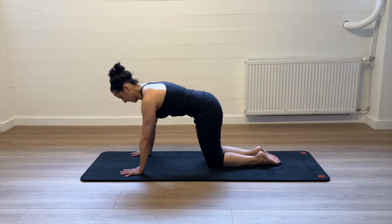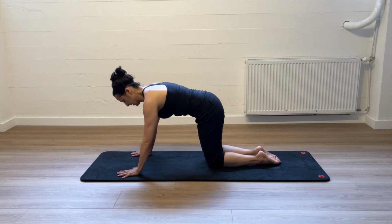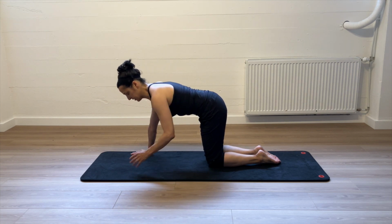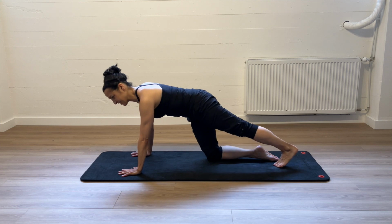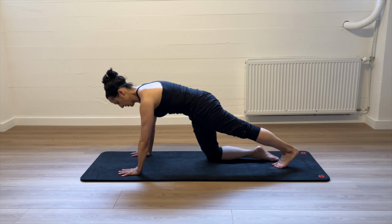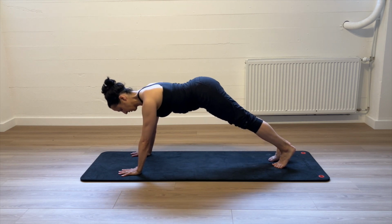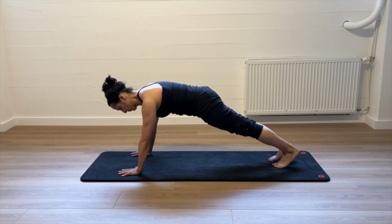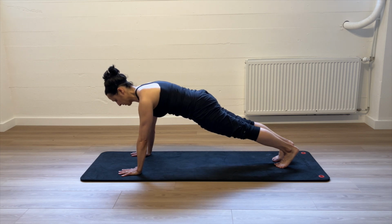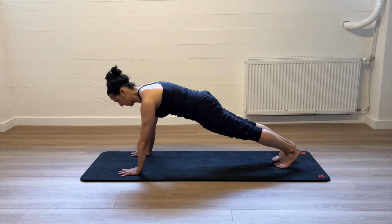So we're going to press up, try and shorten the space between the pubic bone and the rib cage, so the back will not be cat back, but just a little tense, or quite a bit tense. I find I always think a little tense, but often we have to really work it. Now we're in the upper back work, the low abdominals, the feet back, and just watch for lifting the sitting bones up. We want to have them pointing towards the heels, the chest over the hands, and breathe, exhale,